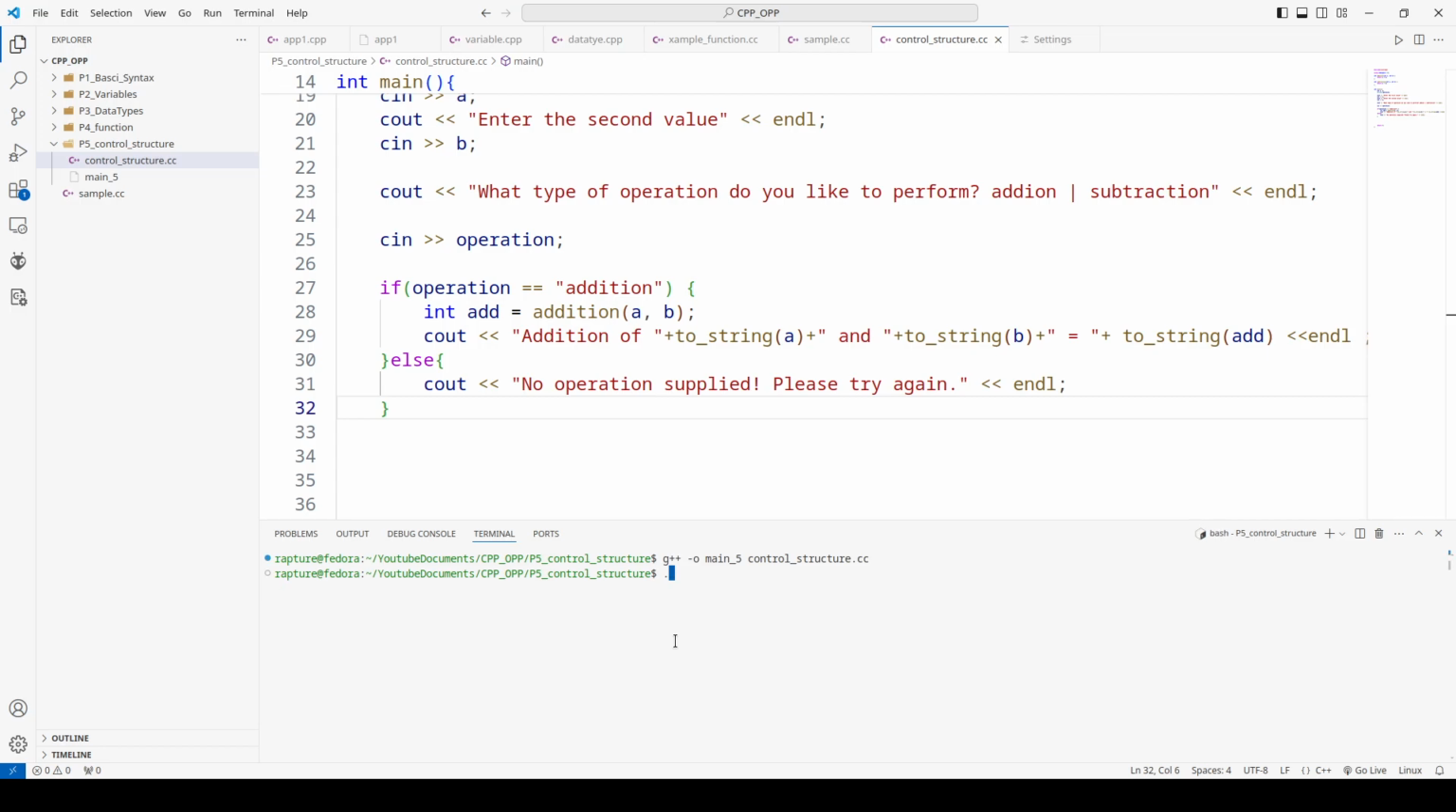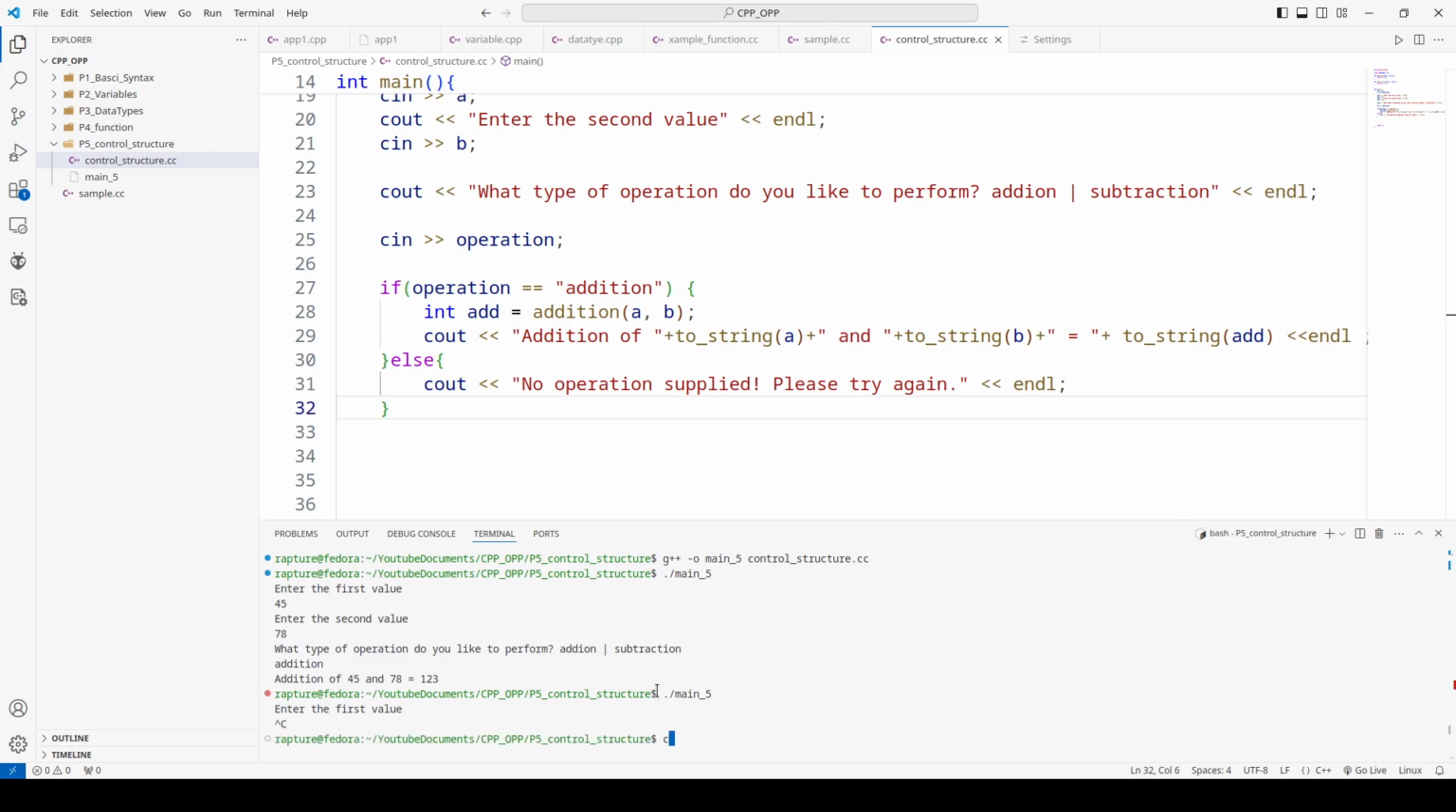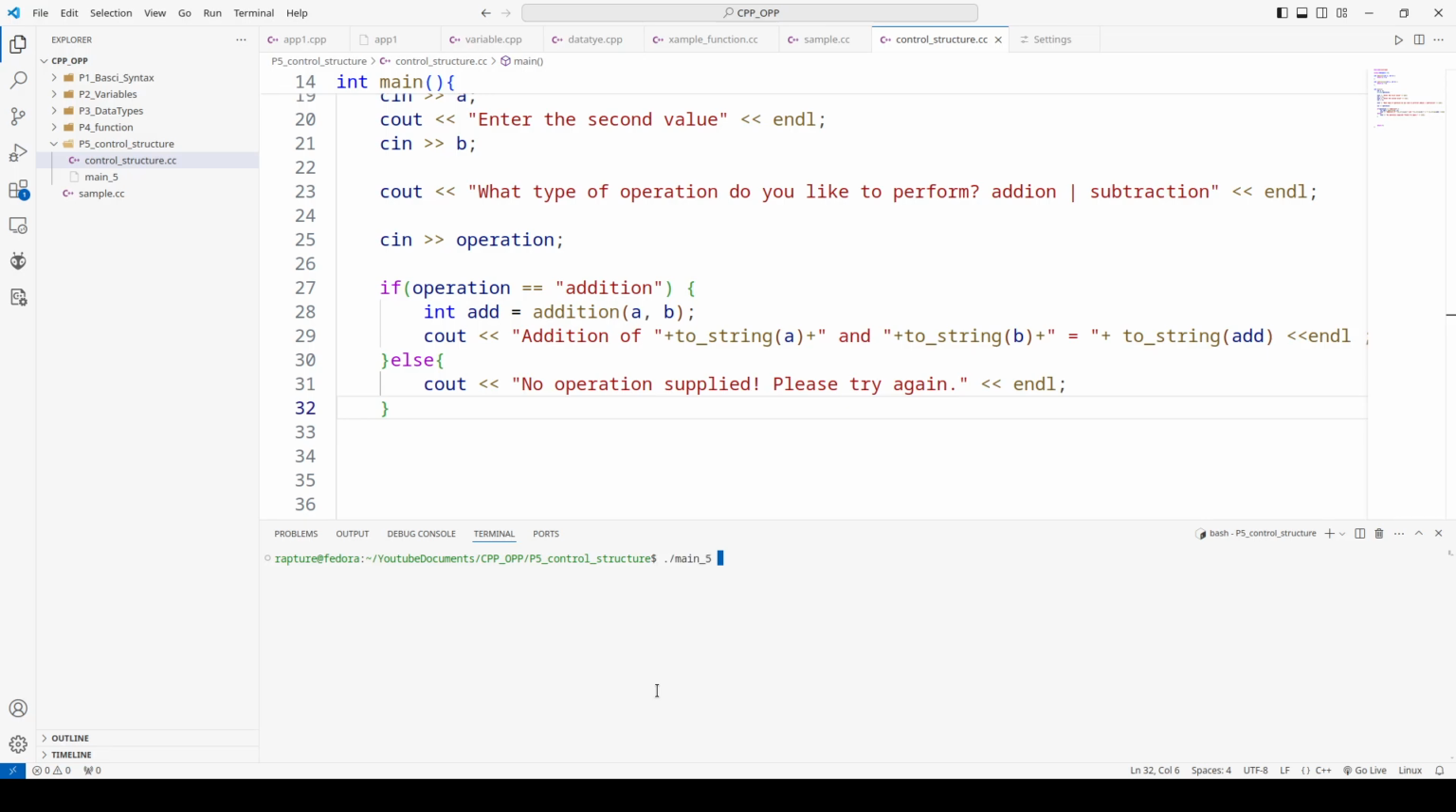let's run it. Enter the first value 45, 78. What type of operation? Addition. Addition operation. It said 45 plus 70 is 123. Now what if the user enters addition in capital letter? So just terminate this with Control C. If the user enters addition in capital A,